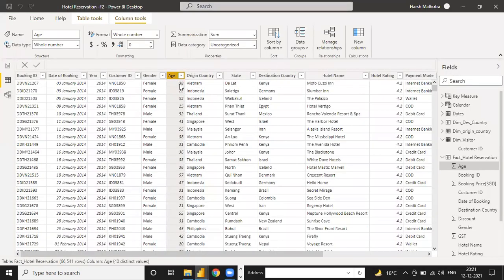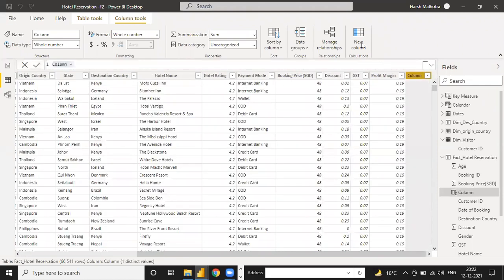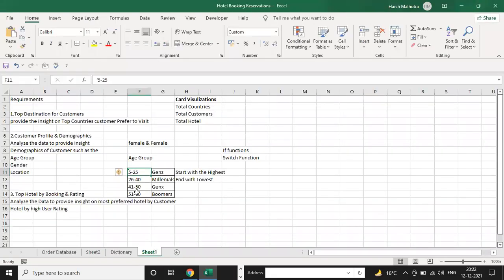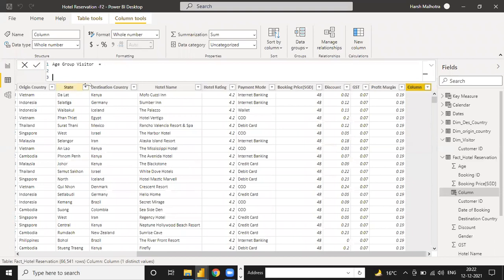Here you have to add another column, a new column. Here you have to use the visitor, and you have to write the condition here, whatever condition you have. Start with the highest. Always start with the highest. So 51 to 60 is boomers. It means if